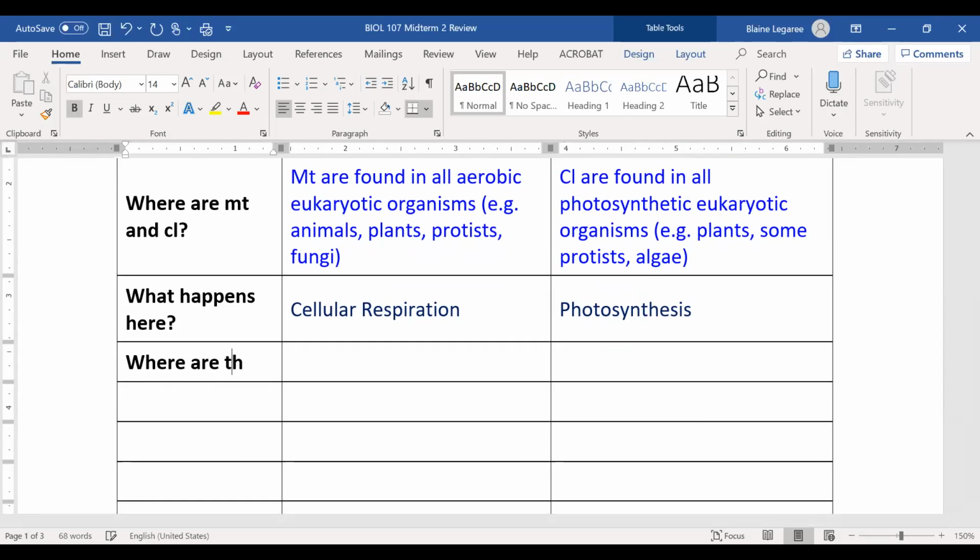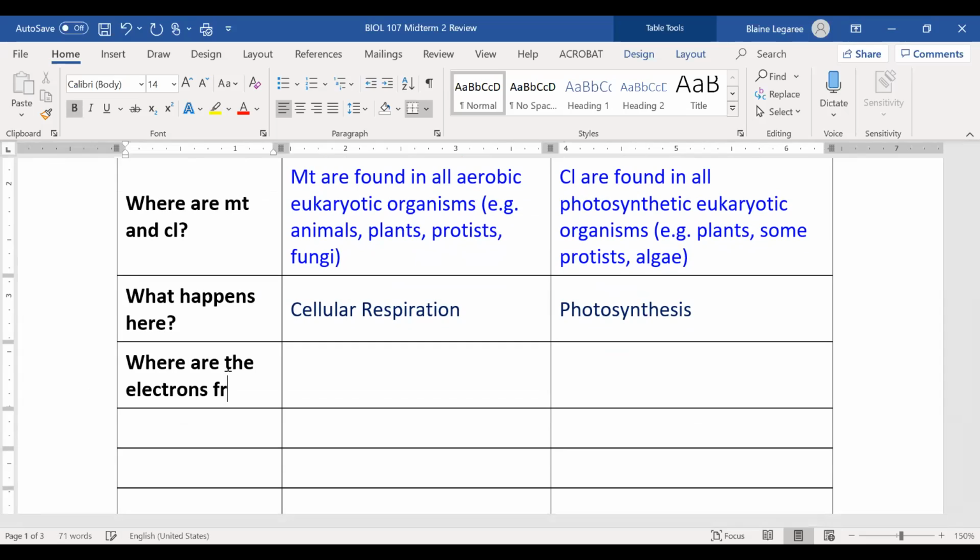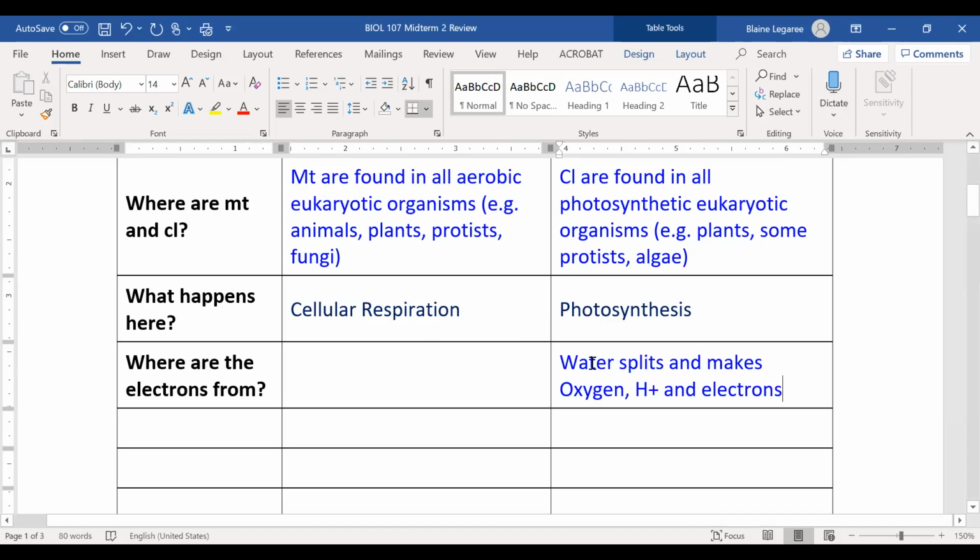So here's a question: where are the electrons from? That's a good question, and we just talked about it in photosynthesis. In photosynthesis, the electrons are from water, right? Remember, water splits and makes oxygen, hydrogen ions, and electrons. So that one was an easy one. It's also not wrong to say the electrons come from chlorophyll, because chlorophyll does donate electrons, but they're replenished with the water. So I would type H2O,